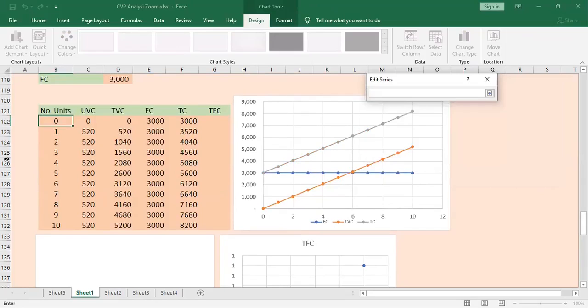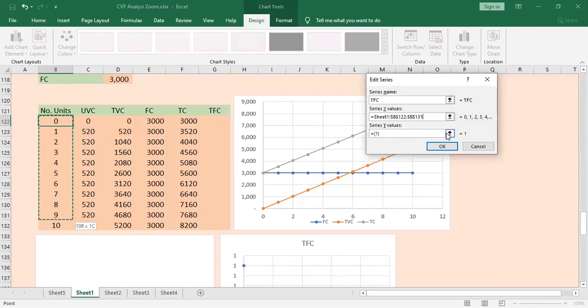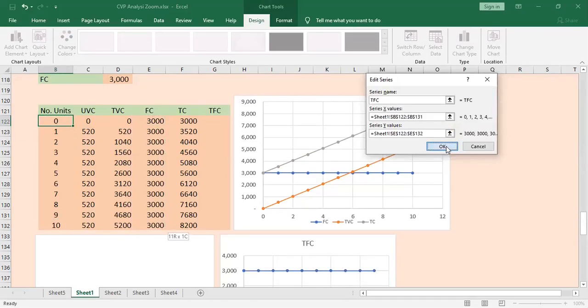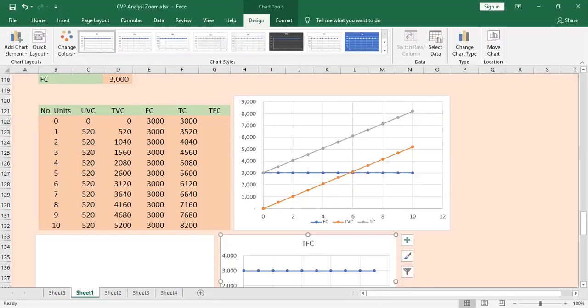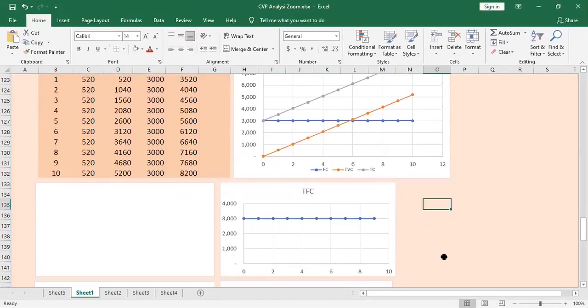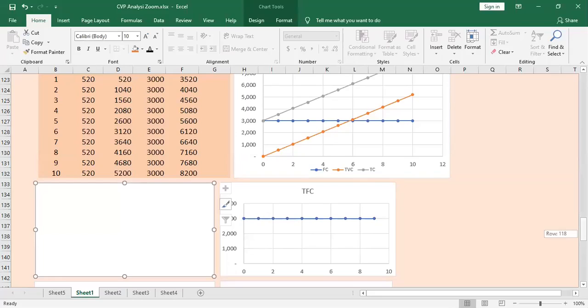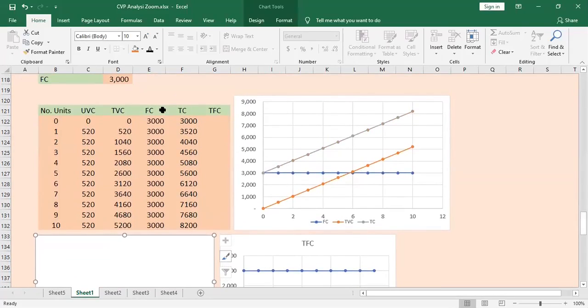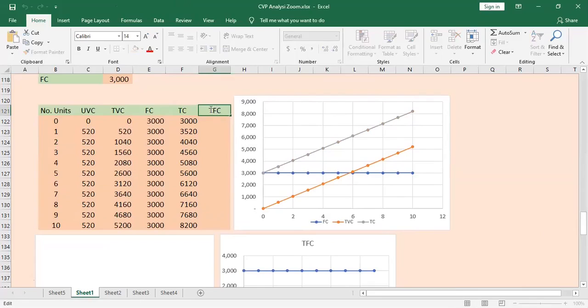So the x-axis again would be the number of units and the y-axis is fixed cost. So the total fixed cost behaves like this. There's no brainer here. We all know the fixed cost is not going to change. It would be the same. And now I am going to check what will happen to the unit fixed cost in this particular graph. Before we plot that information in the graph, I need to do the calculation. Now here we have total fixed cost, then I am going to calculate the unit fixed cost.